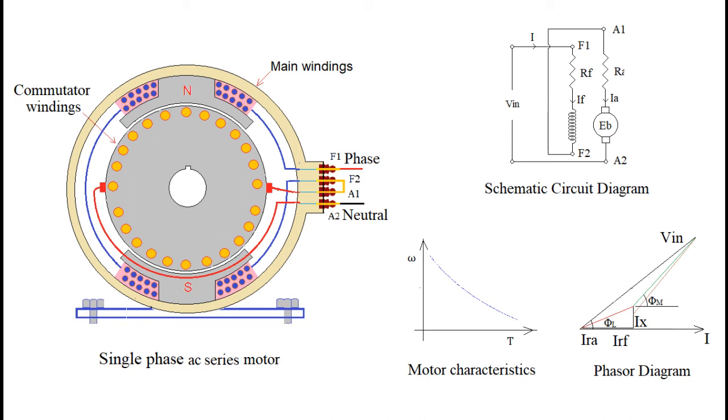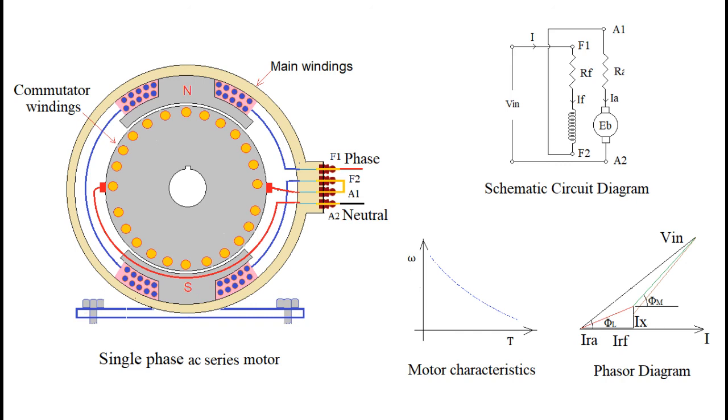Now let us understand the changes that must be made in the construction of an AC series motor in comparison with a DC series motor. The magnetic circuit for the field path must be laminated to limit the core losses. The connection between brushes and commutator segments should cover more segments so that a coil gets short circuited before current reverses through it. This helps reduce sparking at the brushes. Note that this motor has the same characteristics as the DC series motor